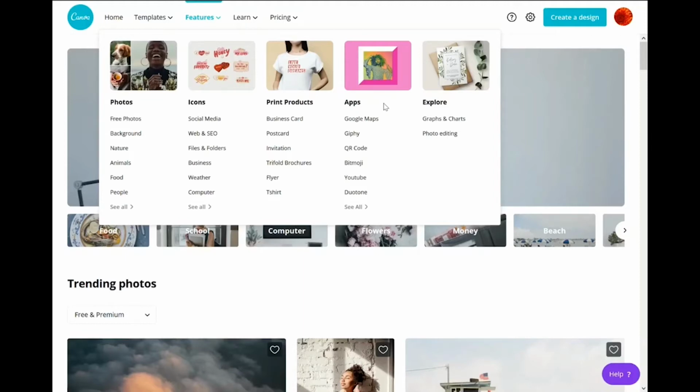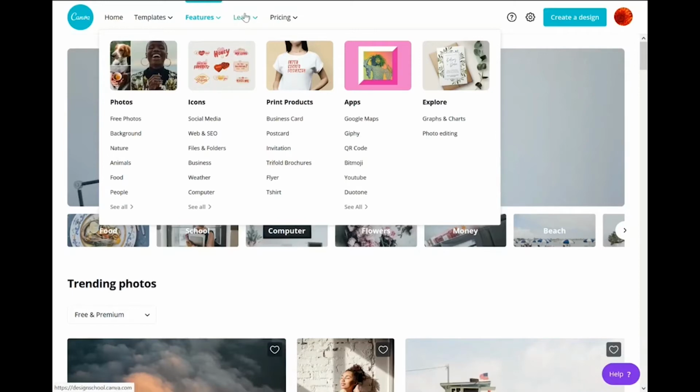And then there's apps, app integration. There's a way, and you'll see this when we look at designs, you can embed and combine various websites and social media onto your design. Or there's the duotone, which is a way to change up photos in a really drastic way. And they also offer charts and graphs and photo editing, and we'll cover a little bit of photo editing if there's time. But you can also add graphs and charts into a design,